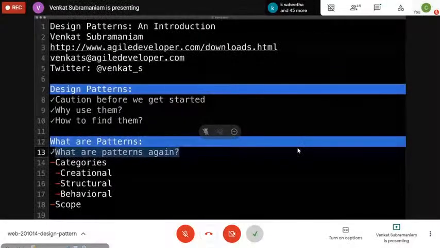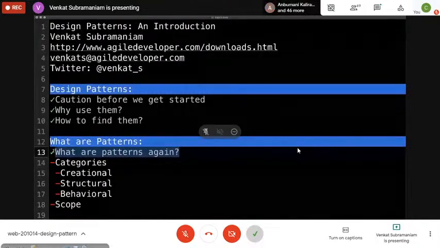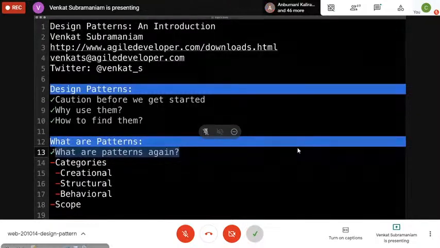And they may think about this and say, have you tried this? Have you tried this? And they give you some suggestions. And then you say, wow, that was really helpful. Thank you. And then what do you do? You go back and try those solutions. That's exactly what a design pattern really is.